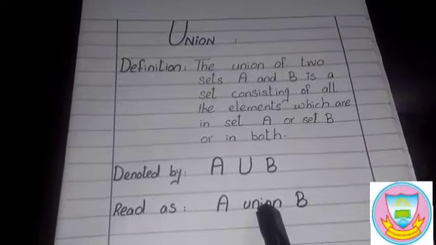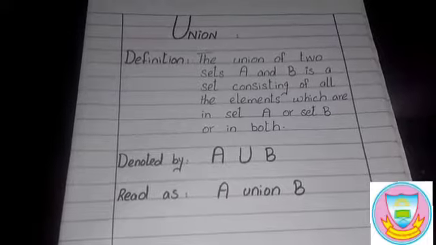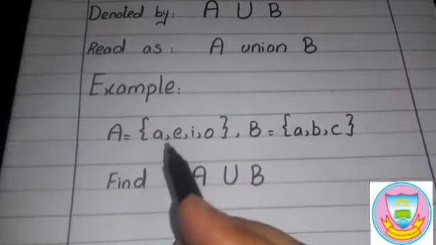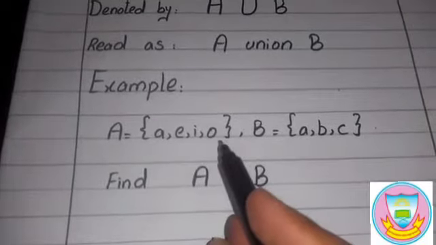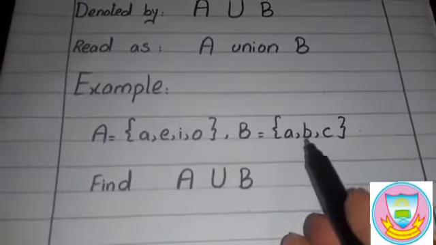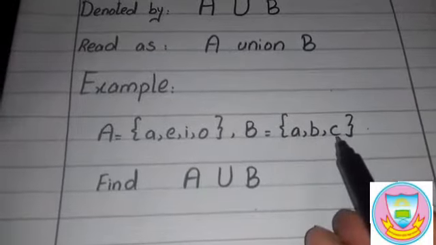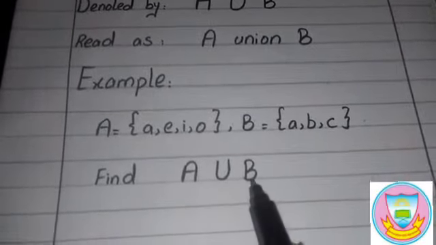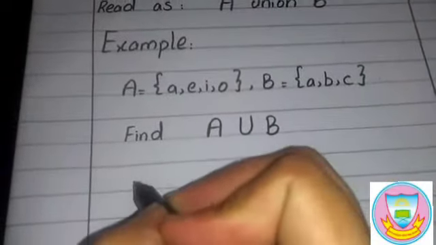Now we discuss this topic with an example. Okay students, our question is: A is a set of vowels a, e, i, o, u and B is a set of three small letters of the English alphabet a, b and c, and we find A ∪ B. Now solve this question. First we write A